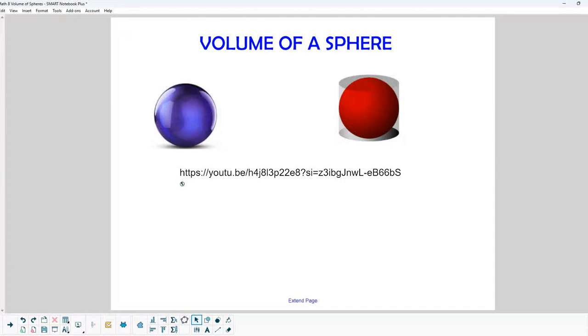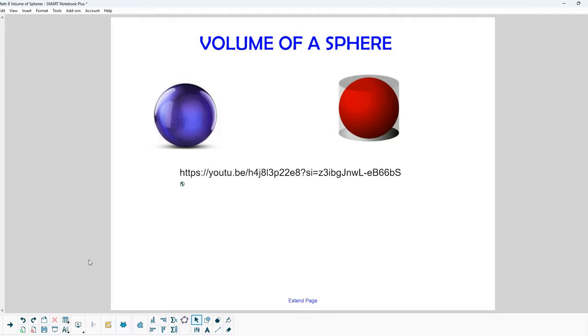All right, we are on our last shape in our volume unit, and this happens to be a sphere. And there's lots of spheres like basketballs and baseballs that are out there in the real world. Sometimes big oil tanks are shaped like spheres, bowling balls, and sometimes it's helpful to know how much the volume of a sphere is so that we can figure out how many we can make if we have a certain